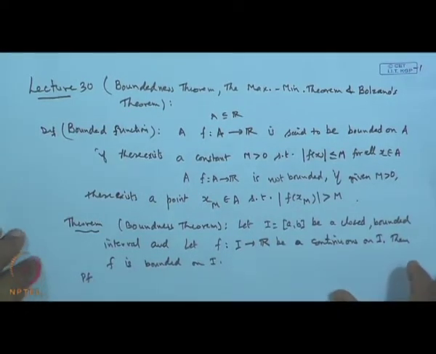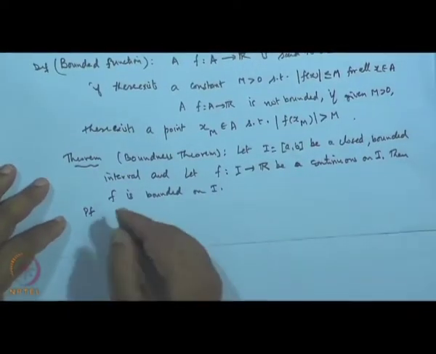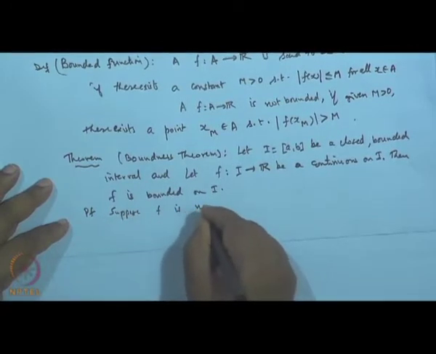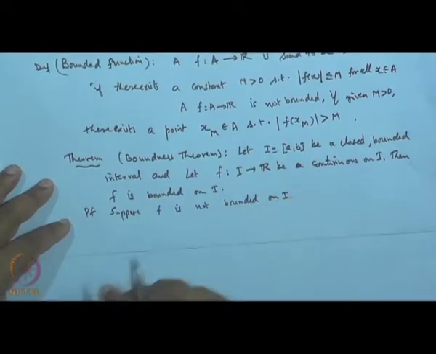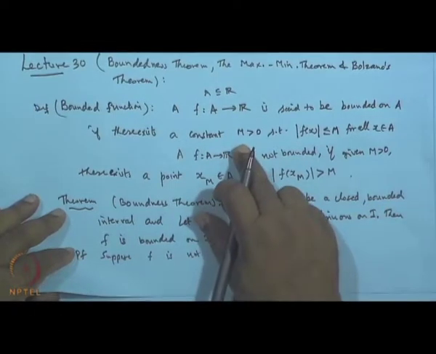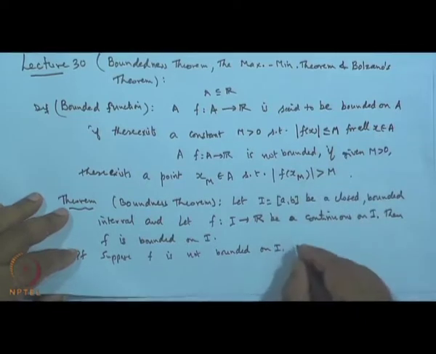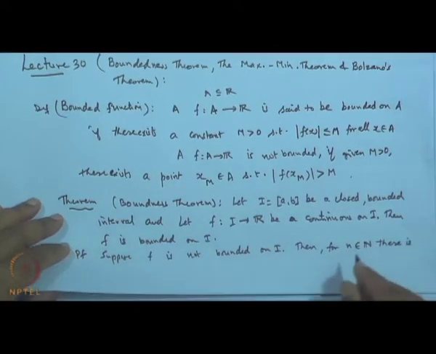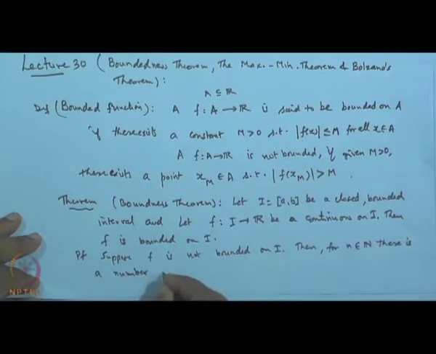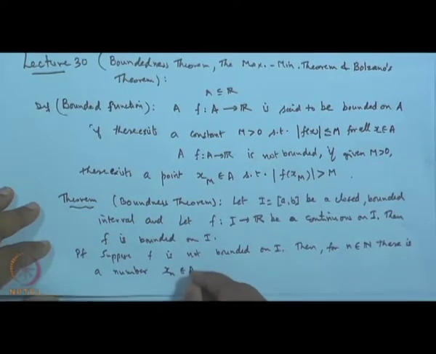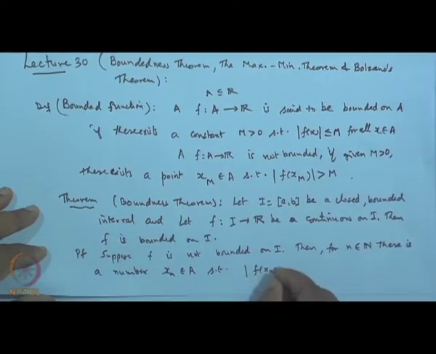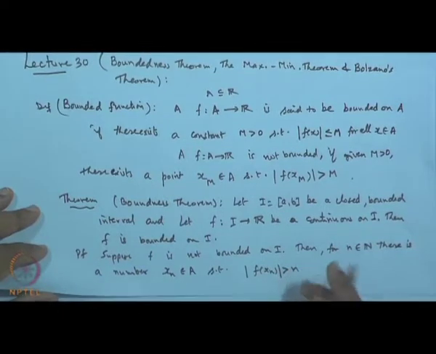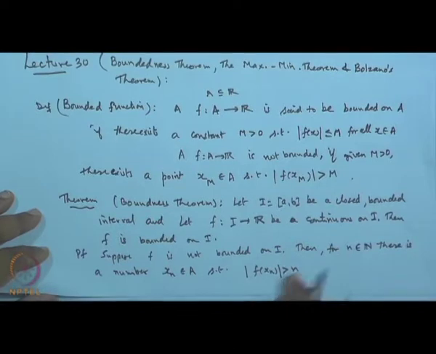Proof. We will prove by contradiction. Suppose f is not bounded on I. So, by definition we cannot find an m such that the mod of f(x) is less than or equal to m. So, for any n belonging to the natural numbers, there is a number x_n in the set I such that the absolute value of the functional value f(x_n) will exceed n. So, corresponding to 1 we get a point x_1 in I so that |f(x_1)| is greater than 1, for 2 we get x_2, and so on. So, we get a sequence of points in I which satisfies the condition |f(x_n)| greater than n. Okay. But since I is bounded,